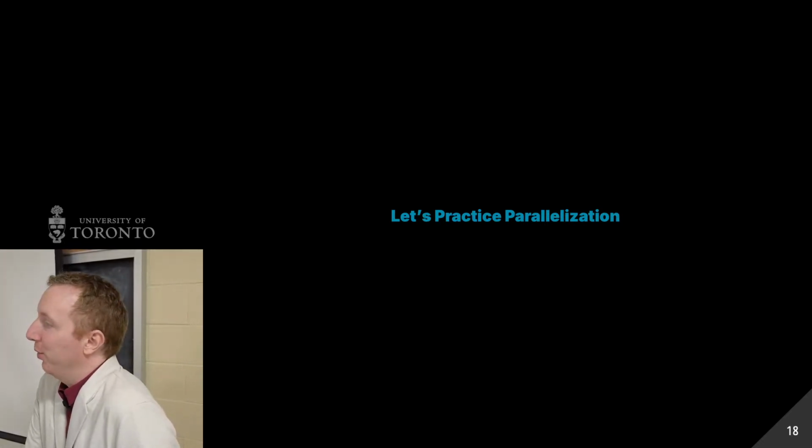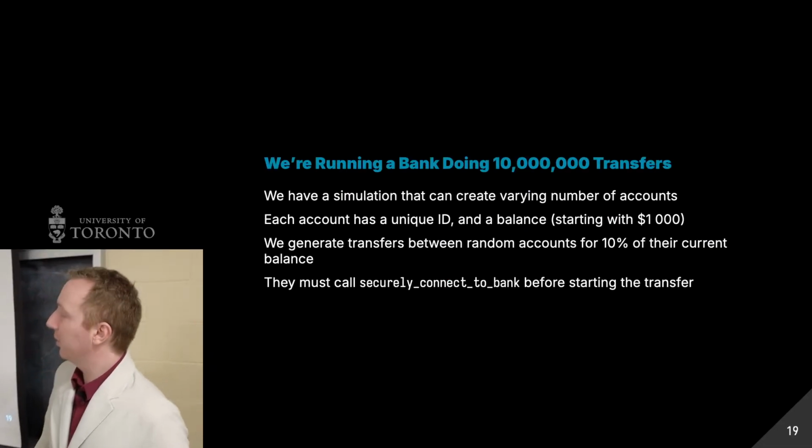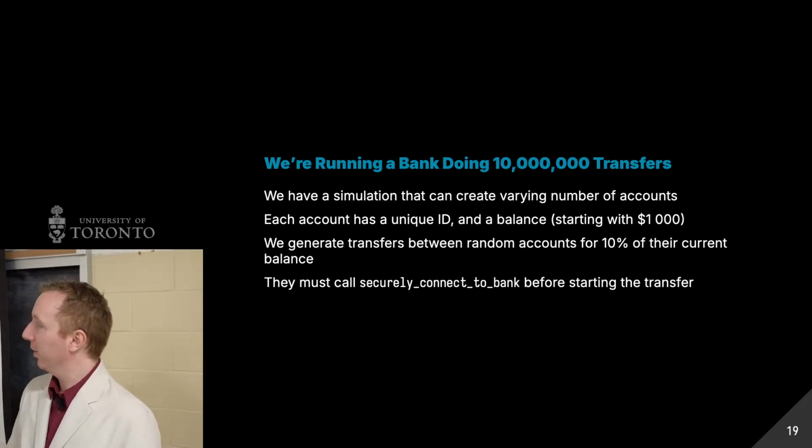Alrighty, so let's do the fun thing. This will help you for Lab 5, and it's a more realistic example of using threads to make our program better, and screwing it up lots of times. Like I alluded to in the last lecture, it's banking time. We're running a bank.